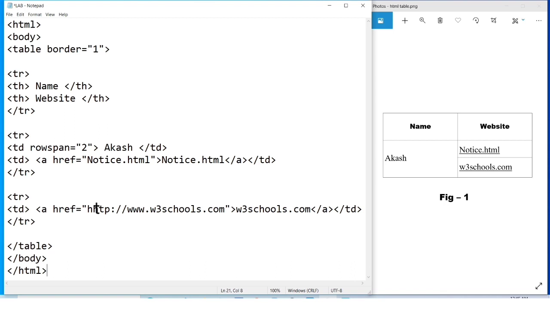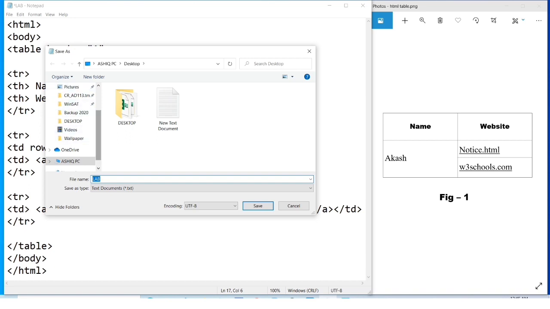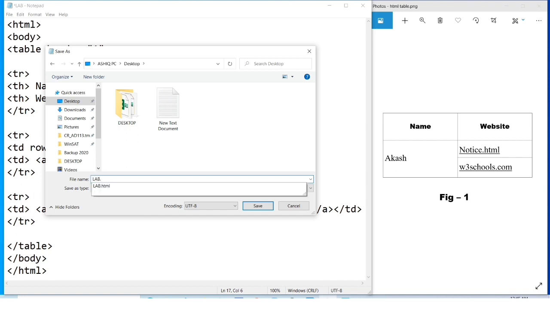So let's see in practical how this output appears. So let's see. You have to click file here, then save as, then click the destination where we have to save. I am using desktop here. I want to save here. Then see here file name, you have to give the file name. So let's write file name is lab, but you must use the extension, that is .html. That means lab.html. Lab can be any name, but .html is a must for any type of HTML file. Then you have to click save.